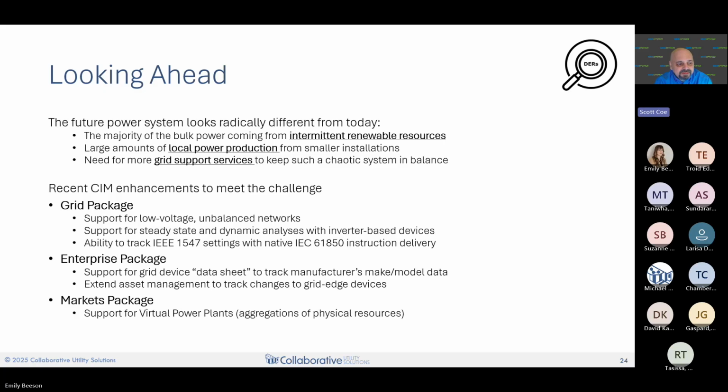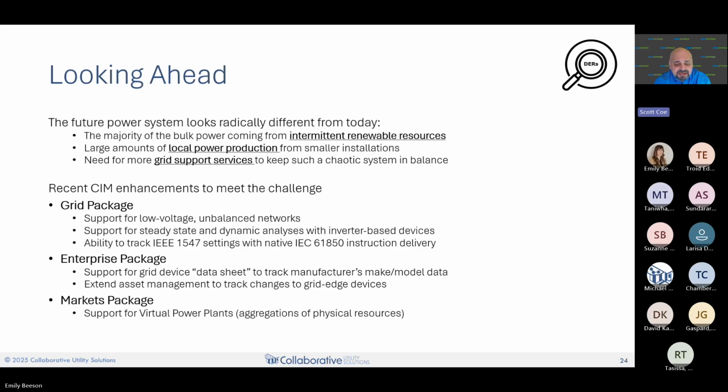So we've really been thinking about this, and the CIM has a number of more recent updates to it that weren't there a few years ago. The CIM can now support low voltage or unbalanced networks. You can do steady state and dynamic analyses with inverter-based resources in your model. And we now have extensions to track all the smart inverter settings.